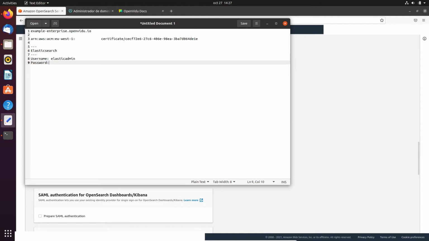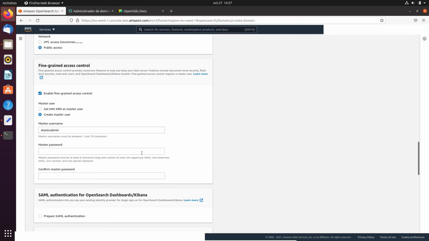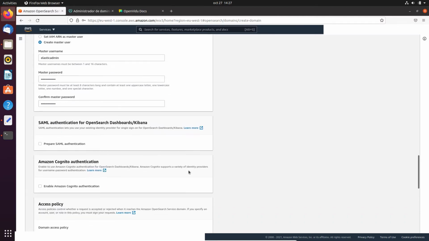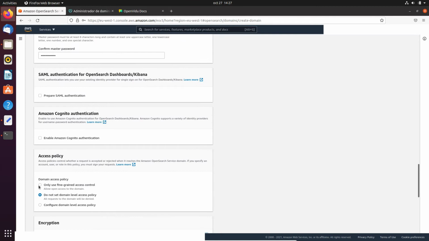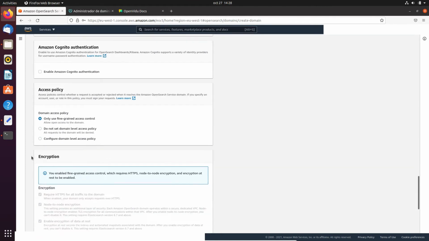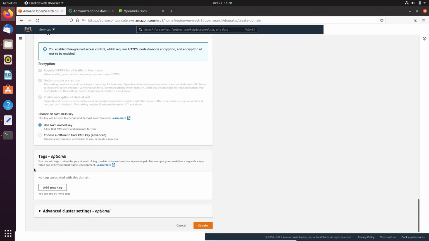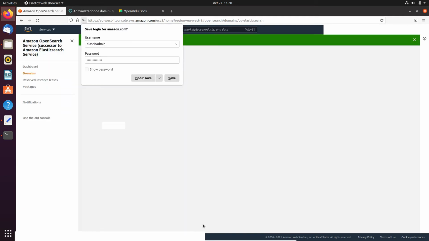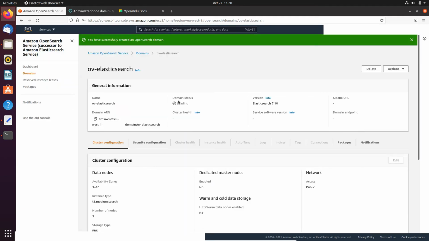And let's also use a password like that, for example. Let's copy the password and paste it. There we go. In the access policy, we will select only use fine-grained access control, and that's it. Now we can just click the create button, and we just need to wait some minutes